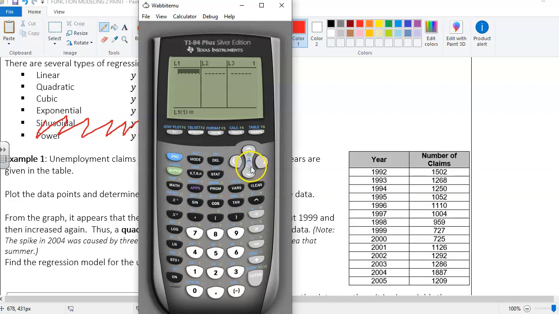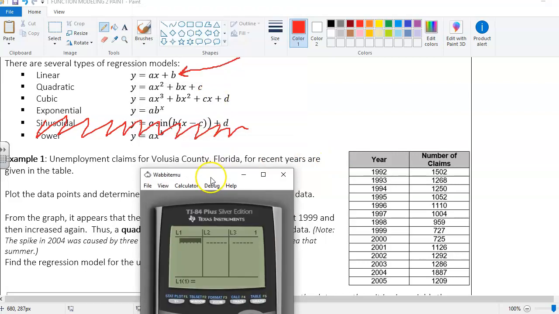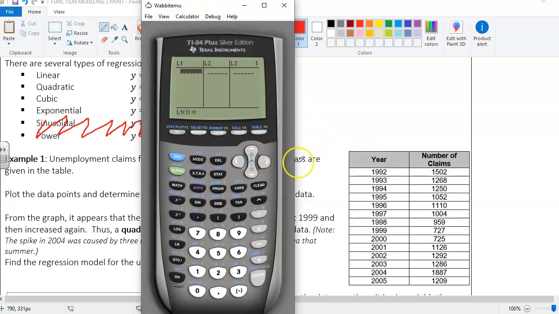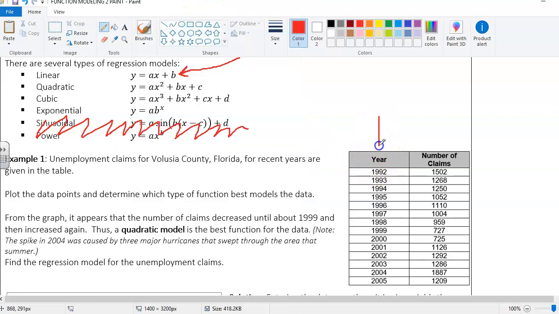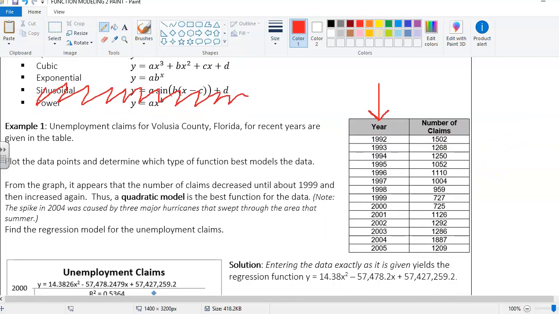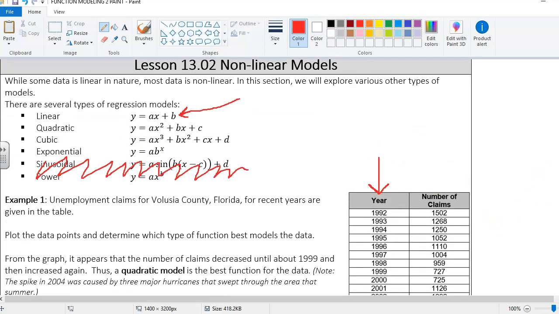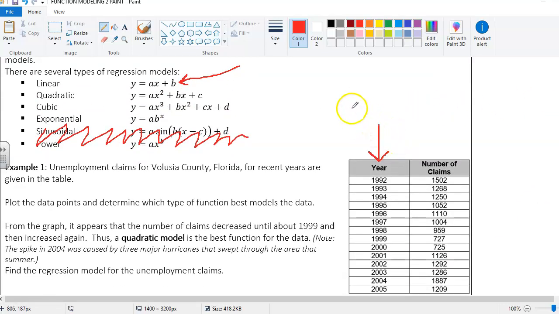Okay. Now, we are testing out unemployment claims over here for Volusia County, Florida. Whenever you are dealing with years, you do not want to type in things like 1992, 1993. That's going to be really, really awful. So what we should do instead, just to make it easy, is take 1990 and call that 0. So if we say that 1990 is year 0,